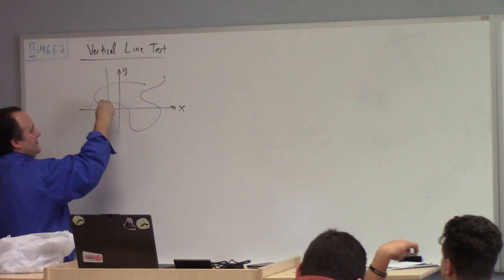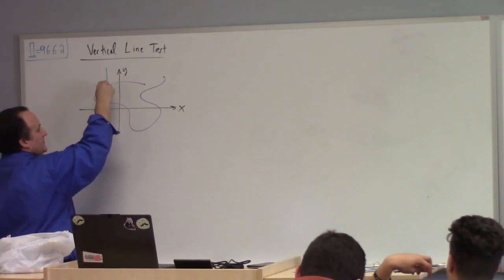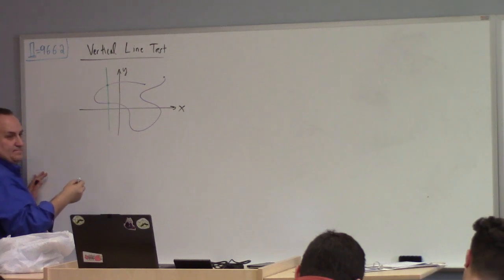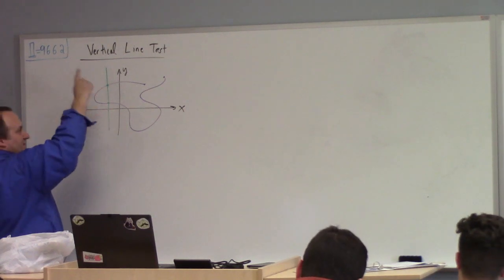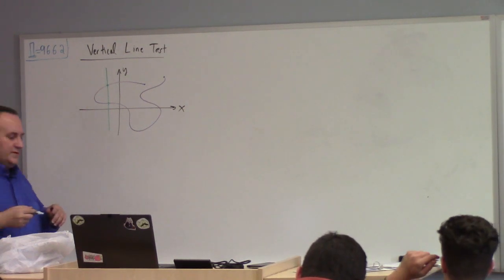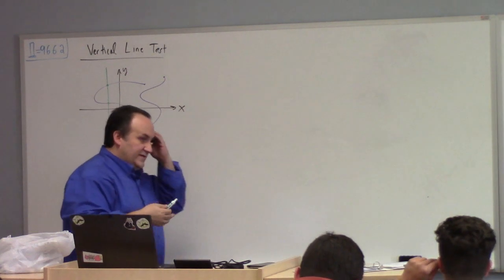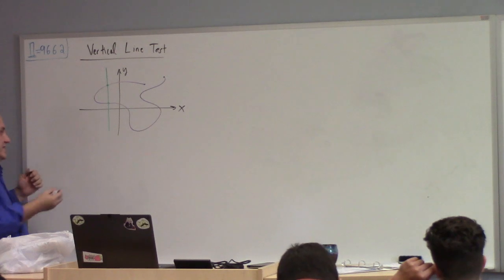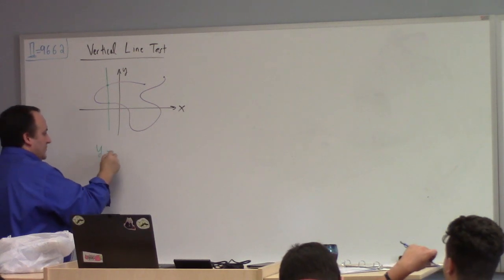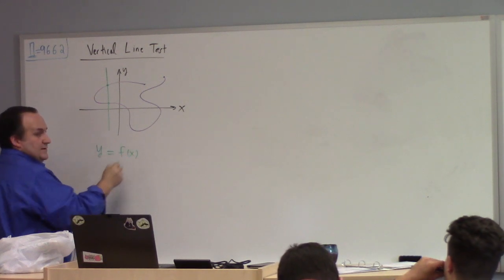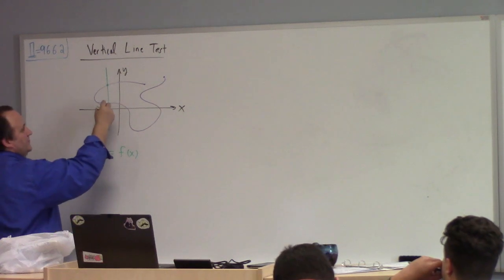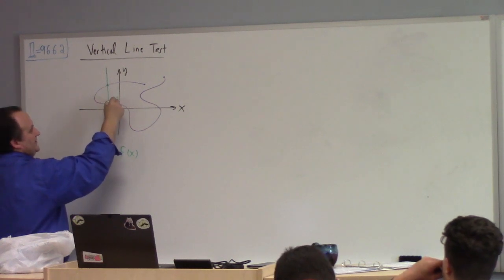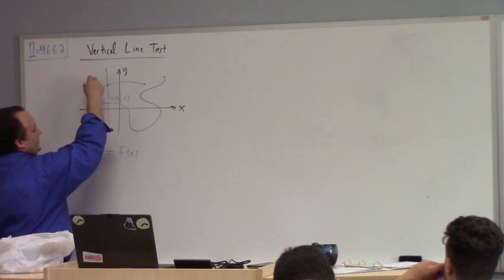This fails the vertical line test because, like you just said, there are 2 y's for 1 x. So when you pass a vertical line through the alleged graph of a function, if you hit 2 different points, it's not a graph of a function. Because y must be equal to f of x. So if this point was minus 2, 1, and this point up here was minus 2, 4, then